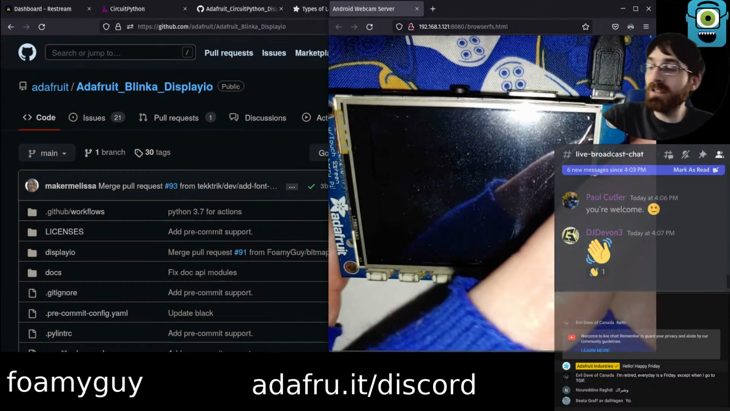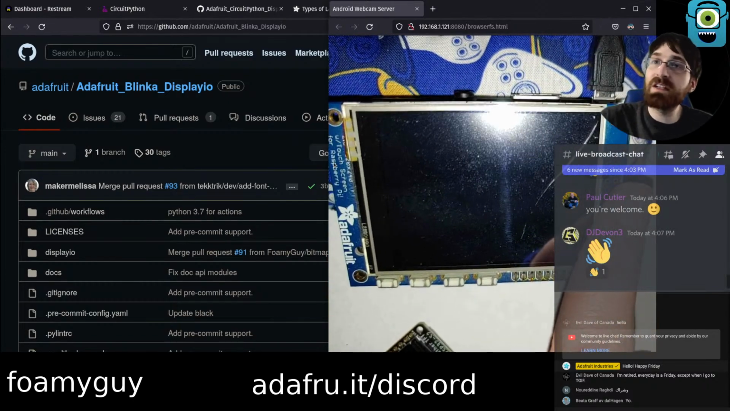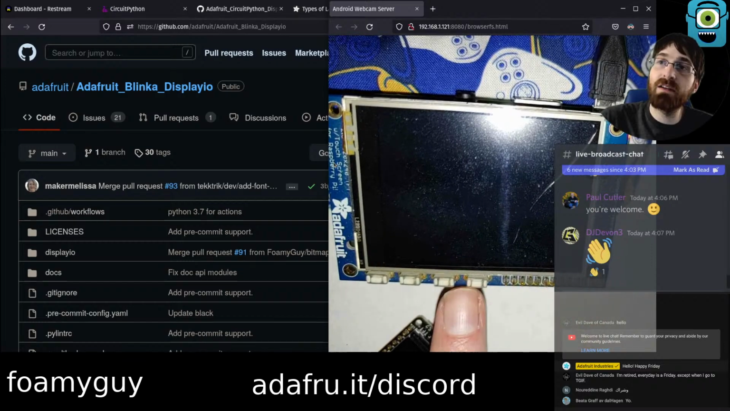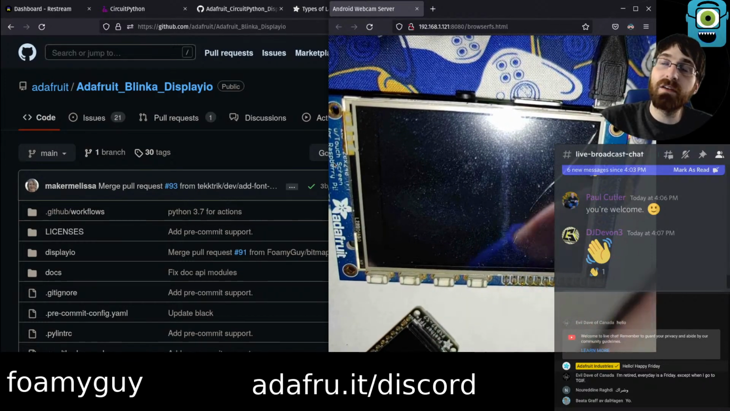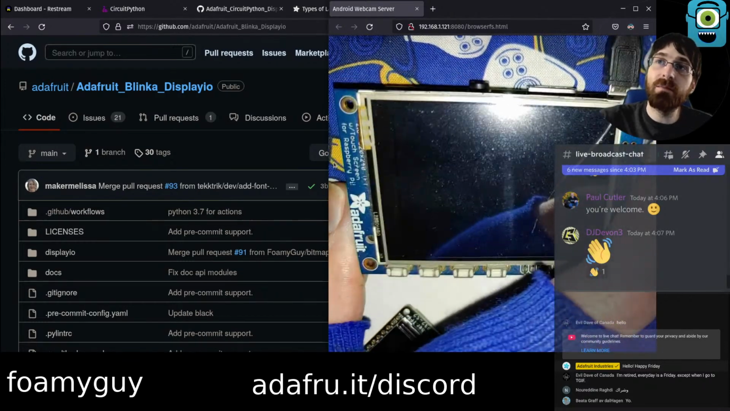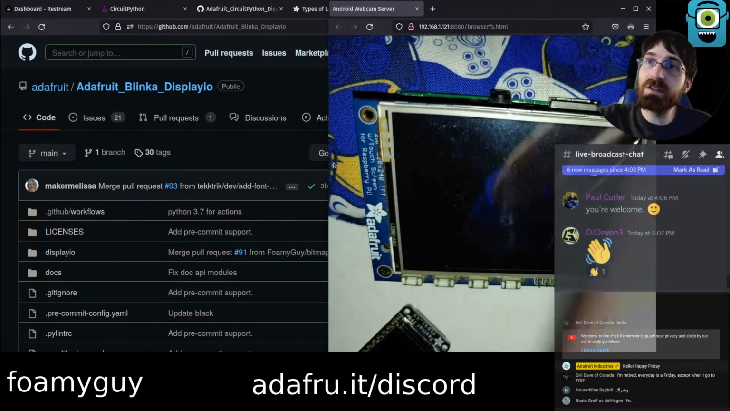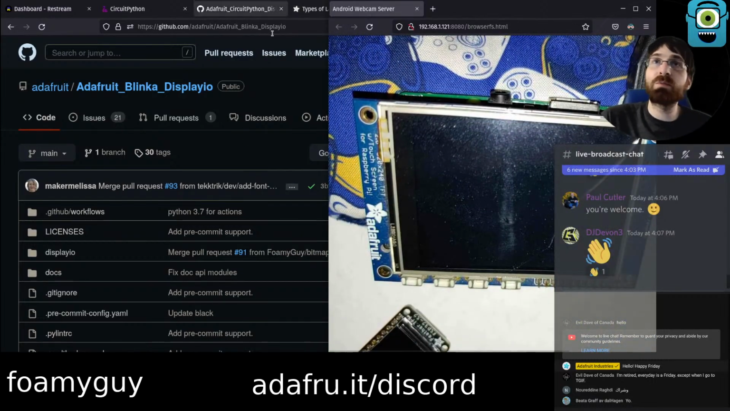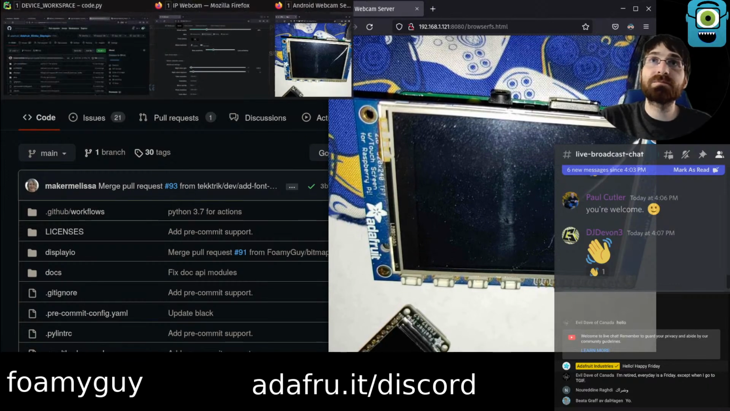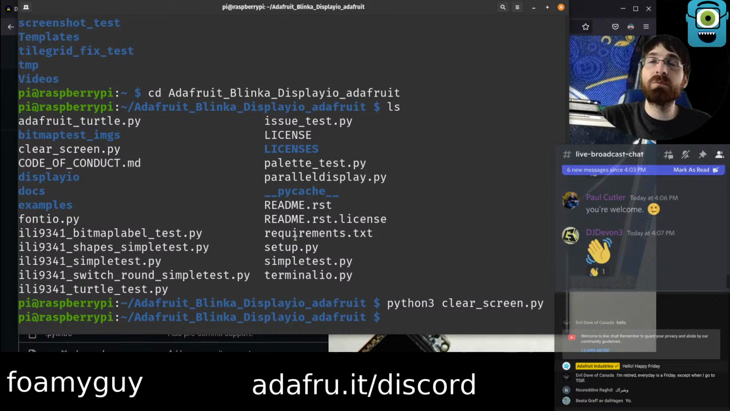There's nothing currently on the display, but this display is connected to the Raspberry Pi via SPI. Some of these pins down here are the SPI connection. And so this display is hooked up via SPI, and with Blinka Display IO, we are able to draw things on this display. So I already have a terminal